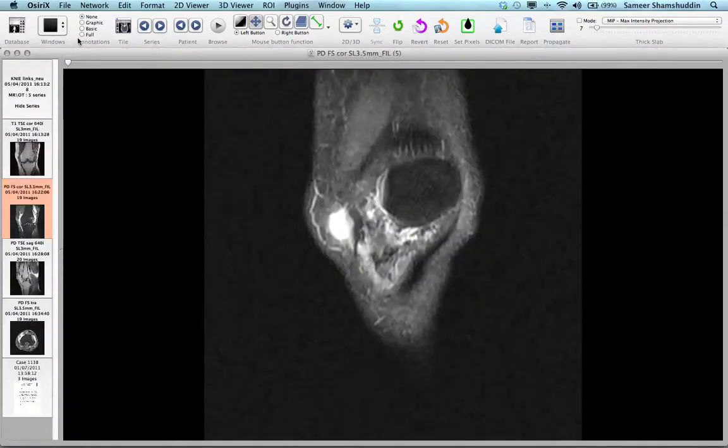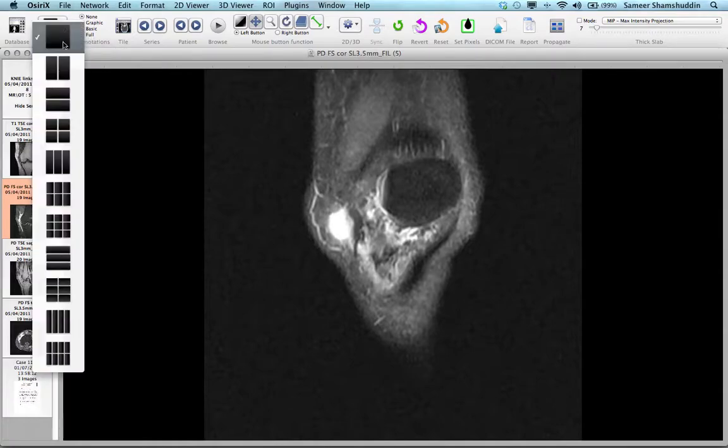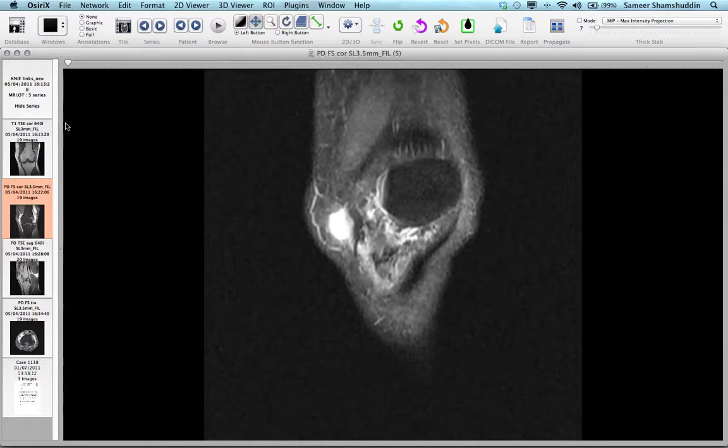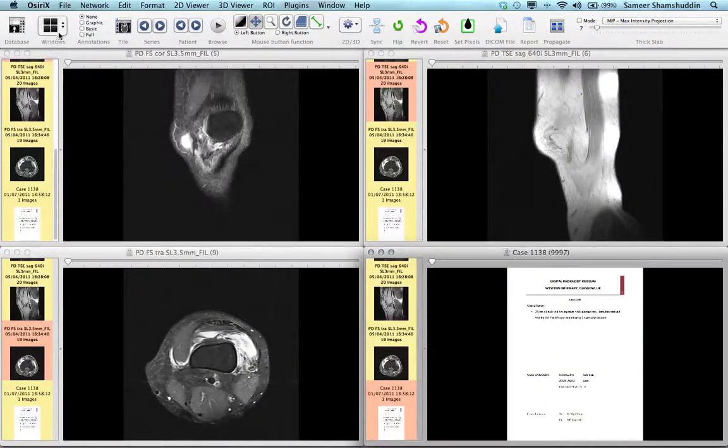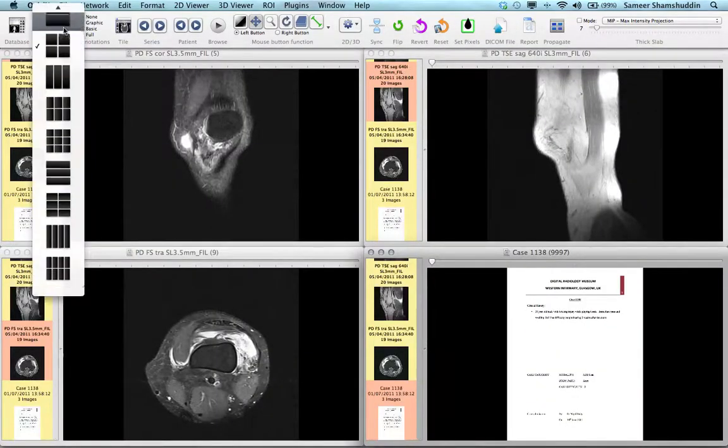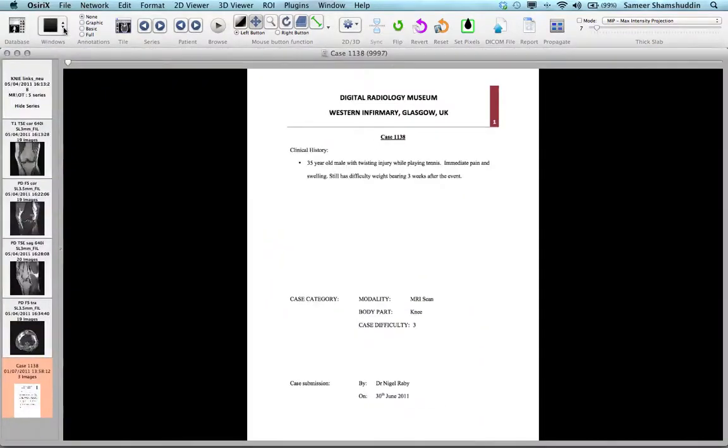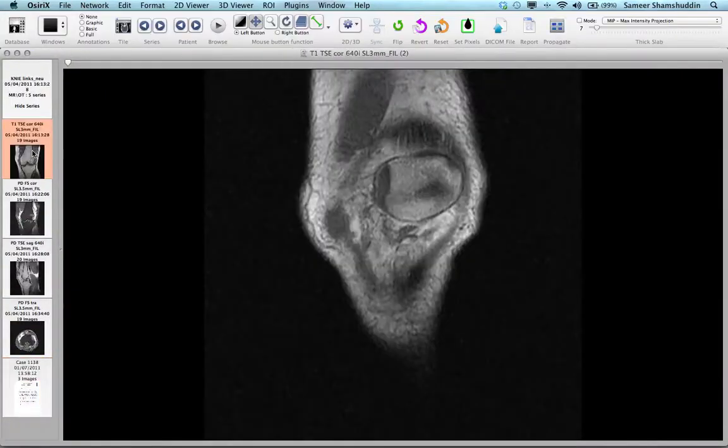Right, in the toolbar you have got functions which says database. By clicking on this icon, that will take you back to the database screen, followed by a window styling. Actually, you can organize your screen the way you want. There you go. So if you select single screen, then that will come up with a single screen window, followed by information on annotations. You can keep it as none, graphic,